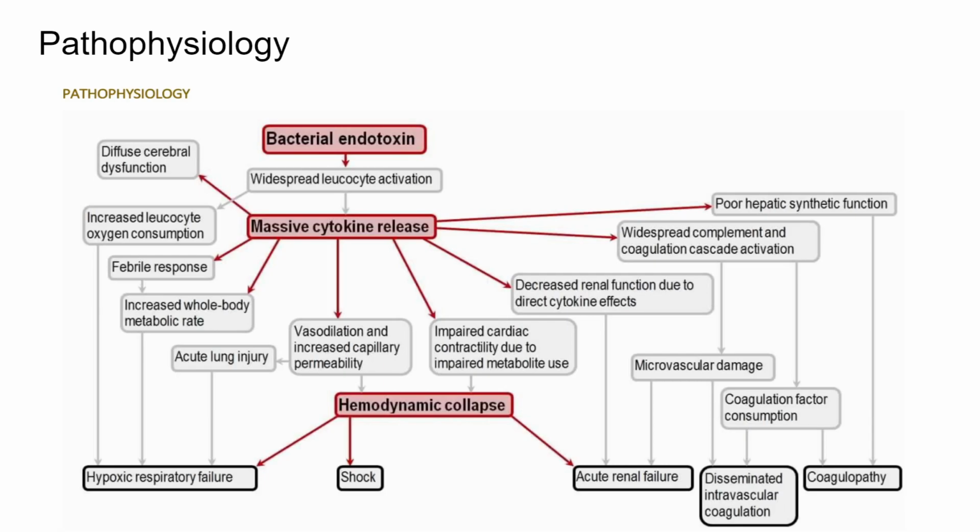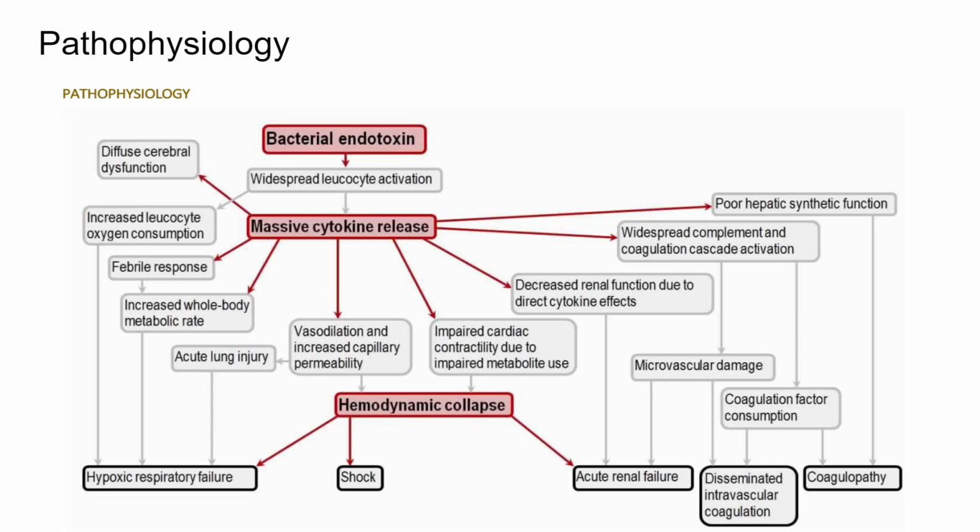Pathophysiology of sepsis. Whenever a body is infected with bacterial endotoxin, there is widespread leukocyte activation and massive cytokine release. All this leads to diffuse cerebral dysfunction, increased leukocyte oxygen consumption, febrile response, increased whole body metabolic rate, acute lung injury, vasodilation and increased permeability, impaired cardiac contractility, decreased renal function, widespread complement and coagulation activation, and poor hepatic synthetic